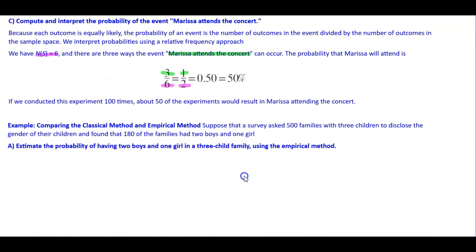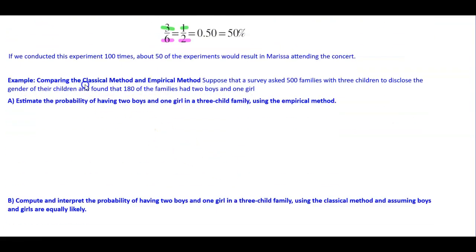Okay, next example is that we're comparing the classical method and the empirical method. Now, suppose that a survey asked 500 families with 3 children to disclose the gender of their children and found that 180 of the families had 2 boys and 1 girl. We want to estimate the probability of having 2 boys and 1 girl in a 3-child family using the empirical